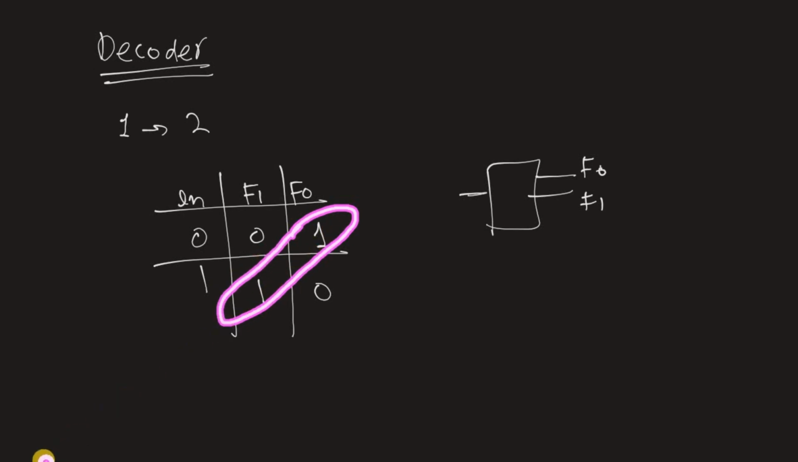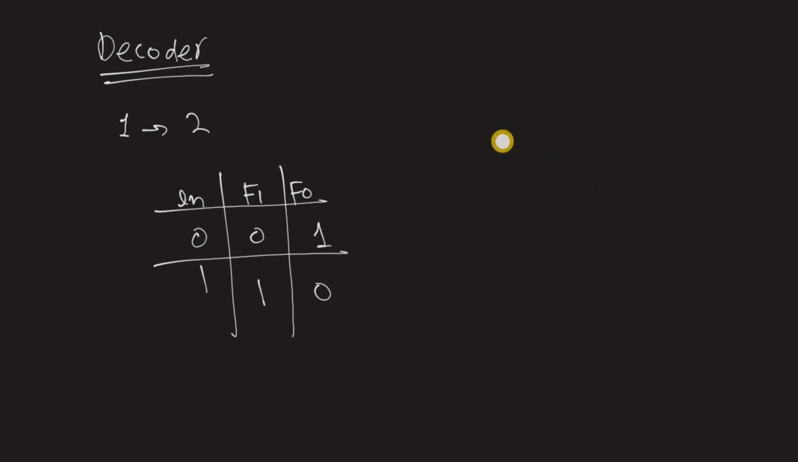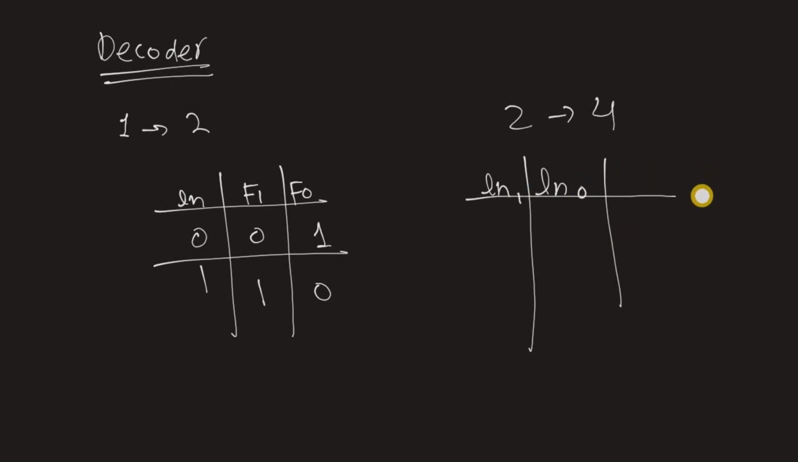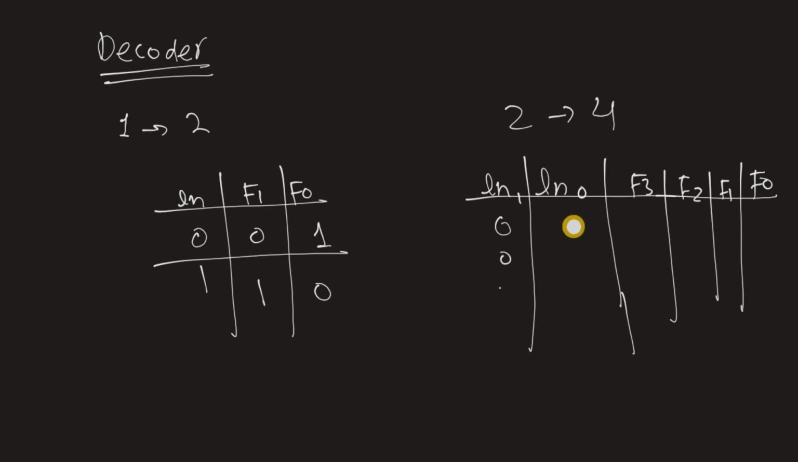Okay, for the 2 to 4 decoder we have two inputs, I1 and I2, and then we have F0, F1, F2 and F3. So we have 4 outputs and 2 inputs. Okay, so 0 0 1 1 for the first input and 0 1 0 1 for the second. We're going to check the sum of them, so the sum is equal to 0, so you're going to